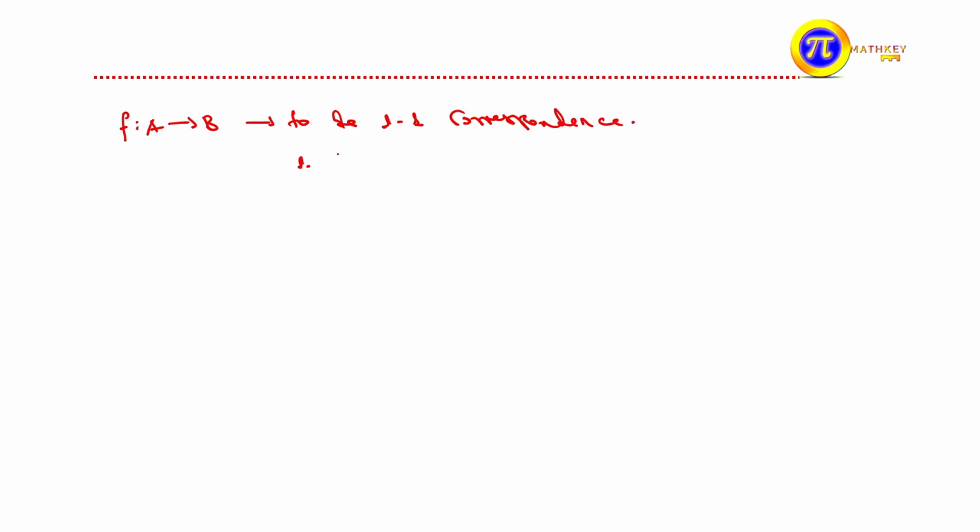The first one, the function f must be one-to-one. The second one, f must be what? It must be onto. If these two are satisfied, we can say that it is a one-to-one correspondence. So the first one says f from positive real numbers